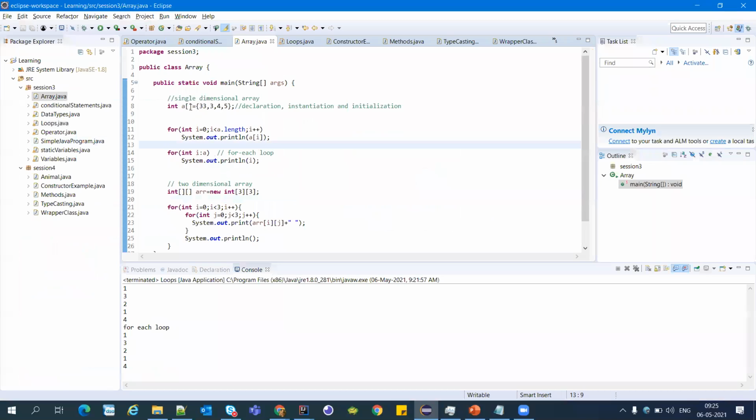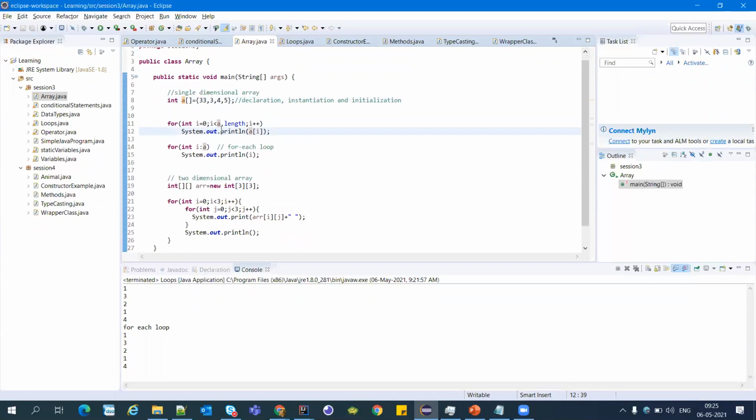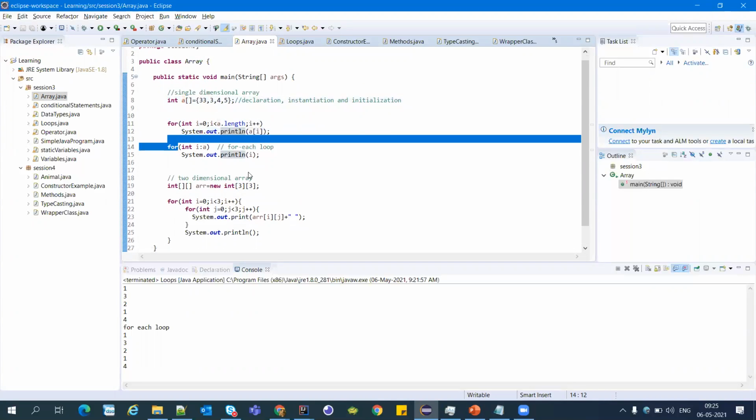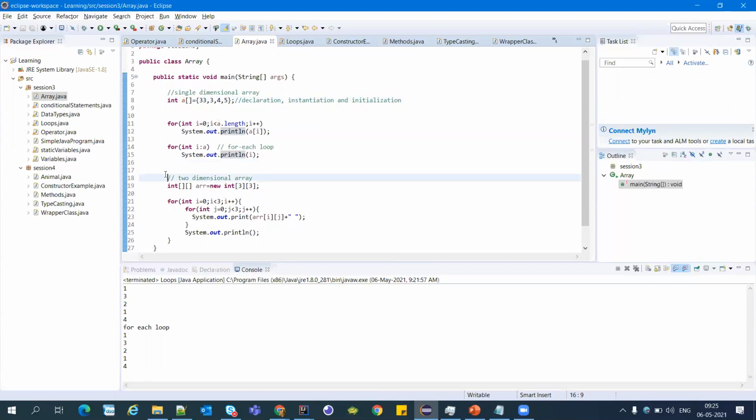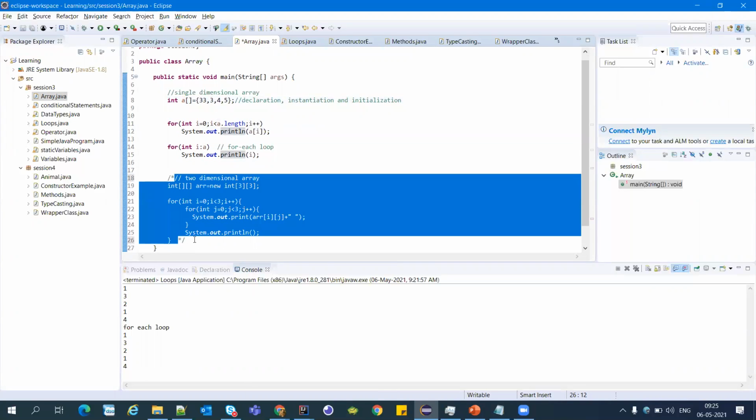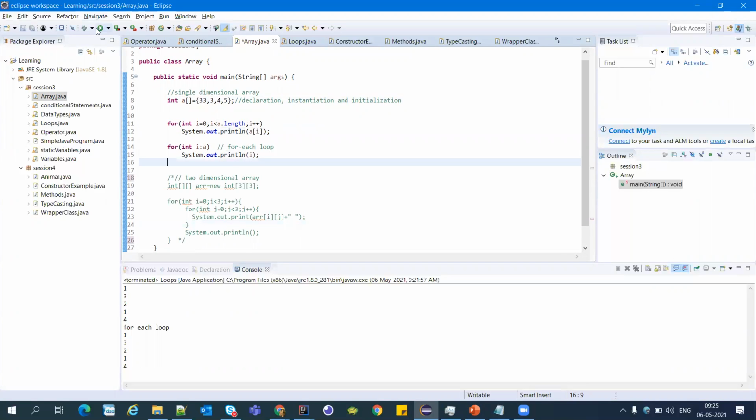So here we are initializing A as an array of integers. To print it, we are using a for loop for each row. Will come in this two-dimensional array. For both the for loops, it is printing these values. So this is the array.